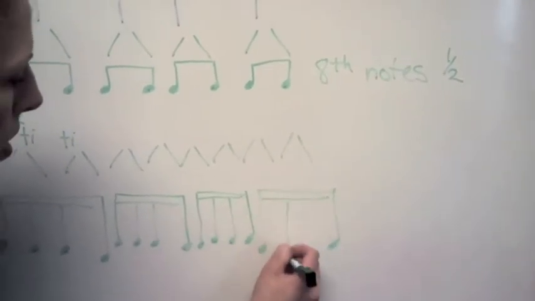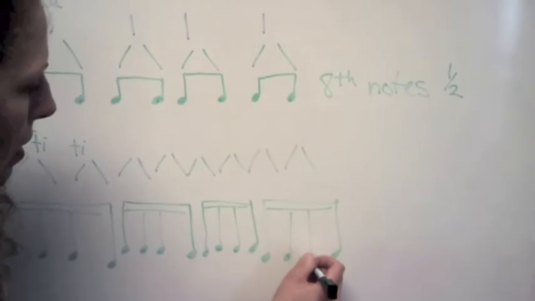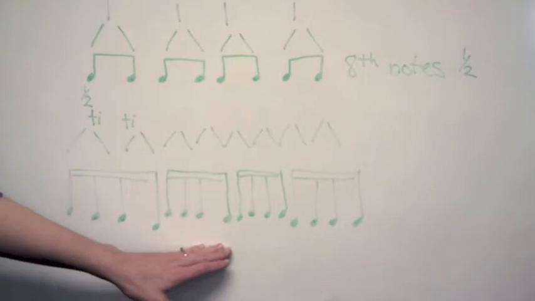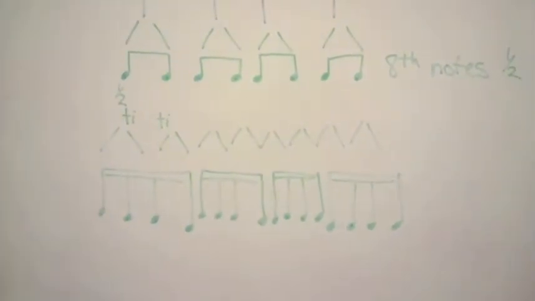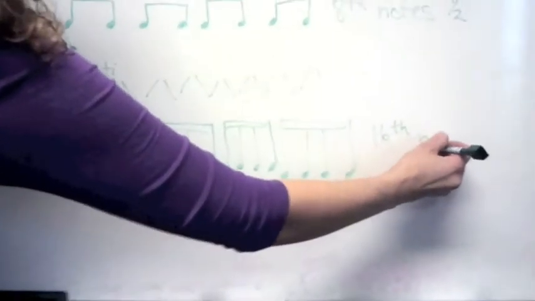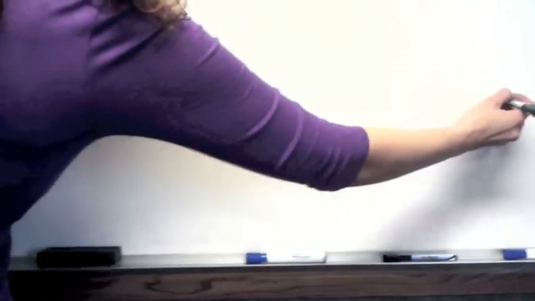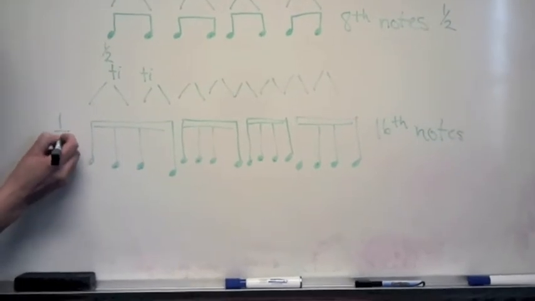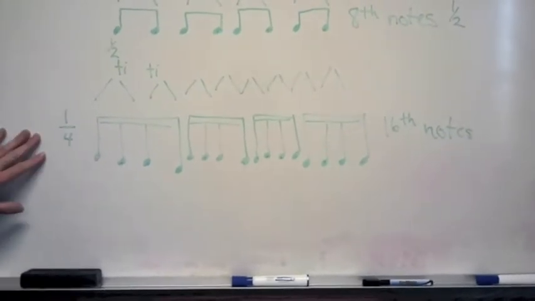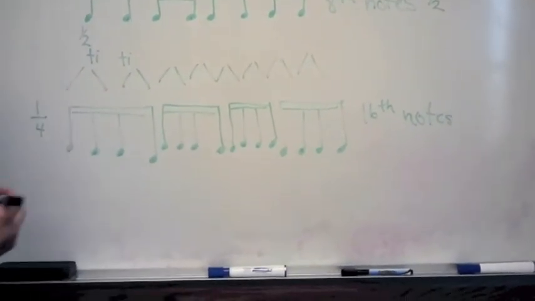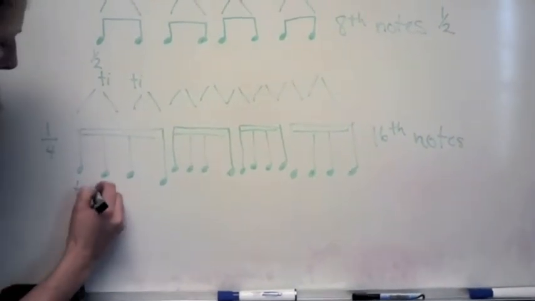Okay, so that was a lot of drawing. But you can see that we have 16 little note heads here called 16th notes. Each of these 16th notes is 1/4 of a beat. And these you also recognize because we did these in the last lesson. These were the ones that we called